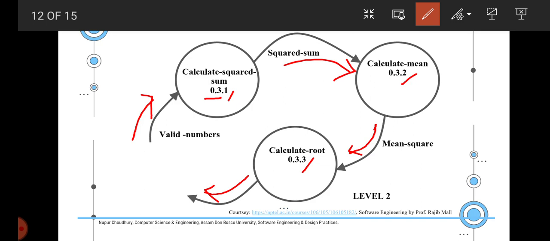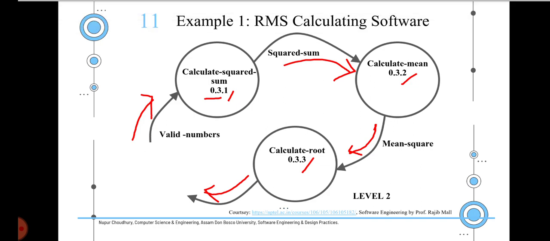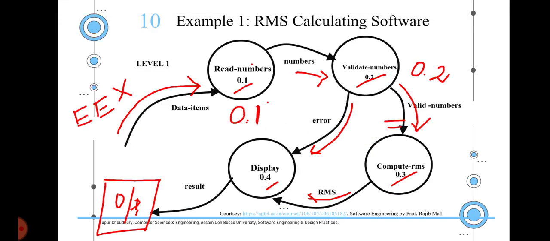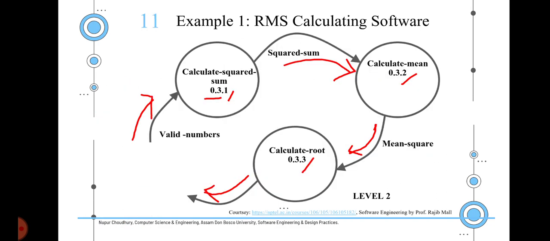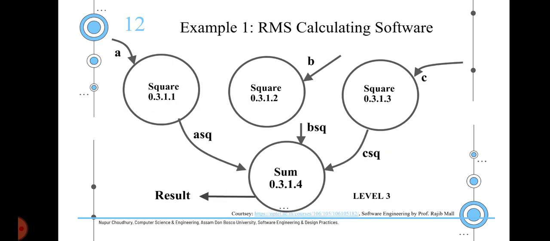are simply breaking down 0.3 process, and 0.4 in our previous diagram, as you can see, is a separate process. So we will not be associating 0.4 in this particular diagram, but we will essentially break down 0.3 into all its sub functions. The last and final level is breaking down of